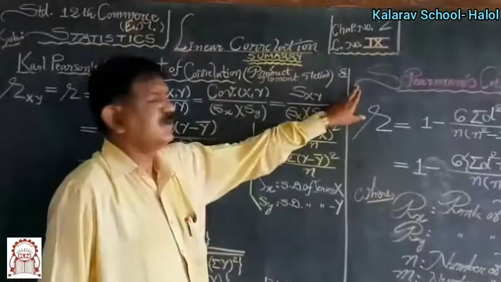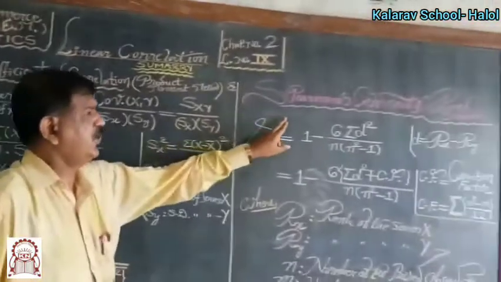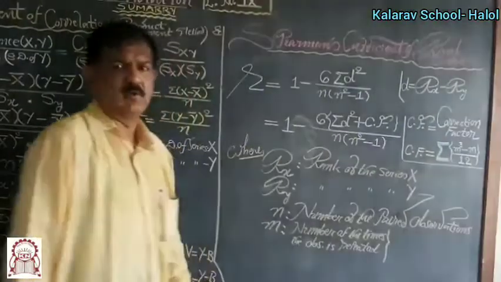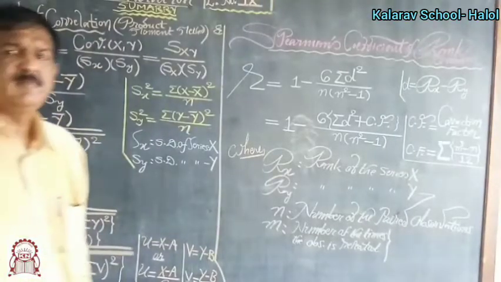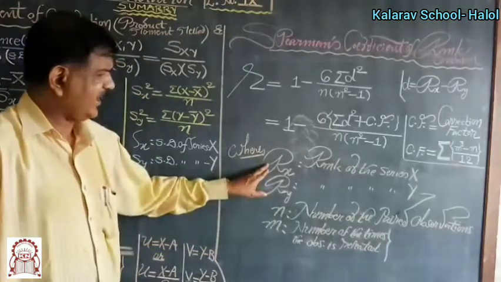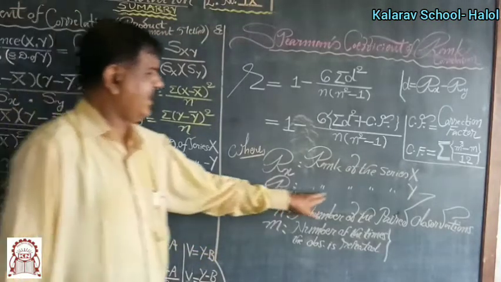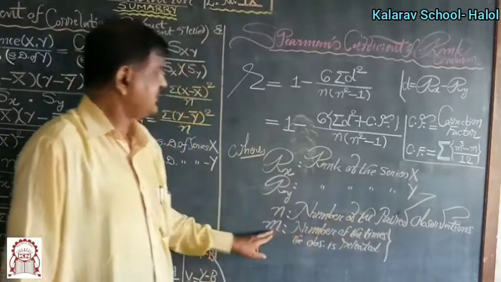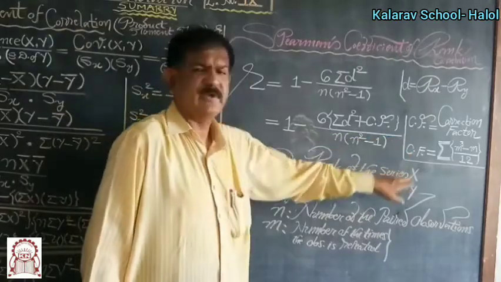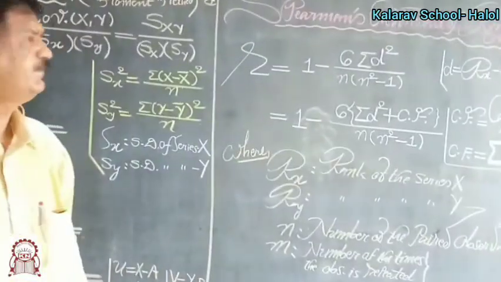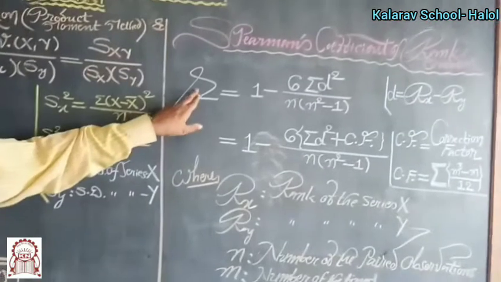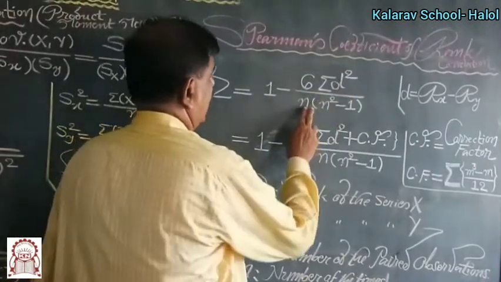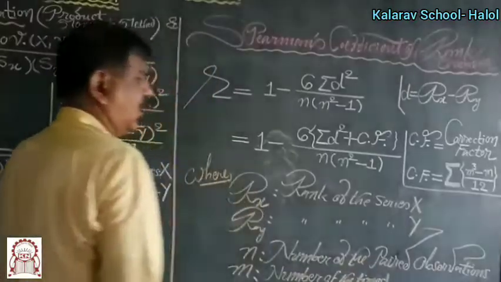The other method is Spearman's method. It is also known as coefficient of rank correlation. Rank correlation coefficient means the rank for x is given by Rx and the rank for y is given by Ry. N means number of paired observations, and m means the number of times an observation is repeated. Coefficient of rank correlation is given by 1 minus 6 times sigma d square upon n into n square minus 1, or it is given by